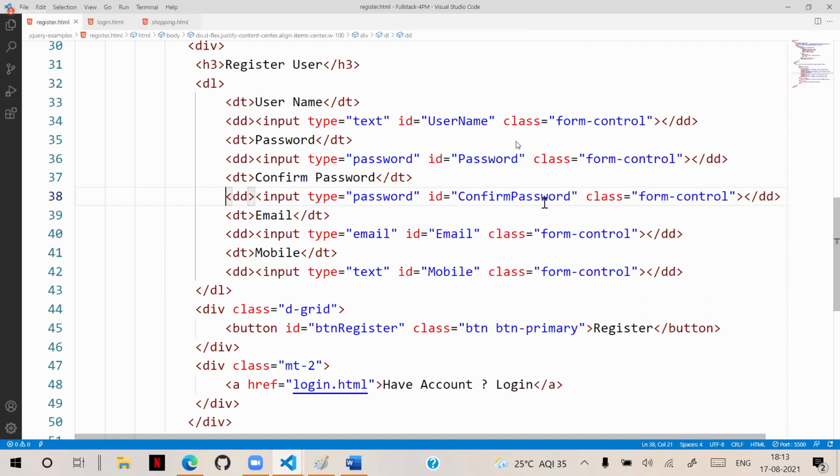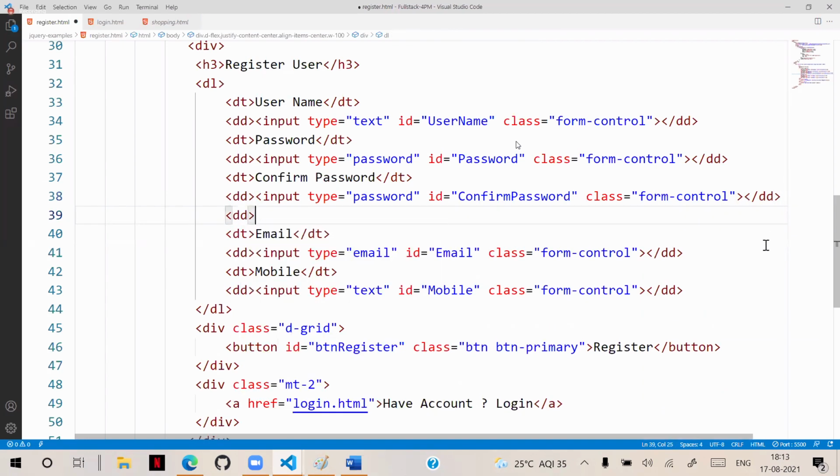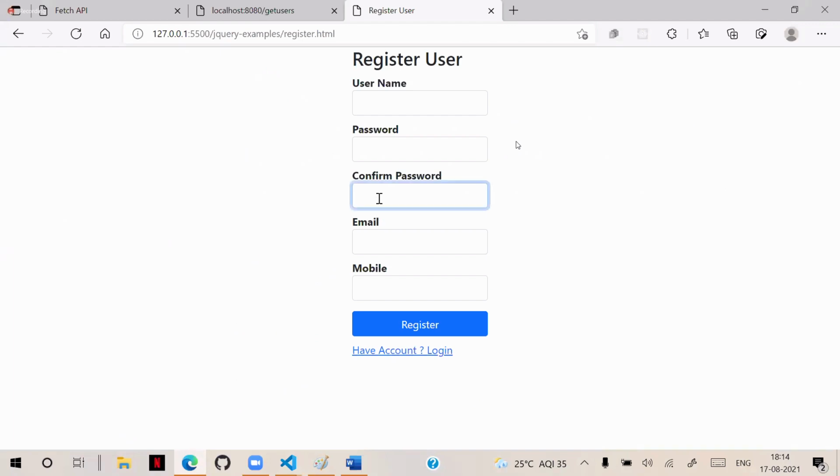Now here we are defining another data definition, with ID as LBL confirm. Okay. Now we actually added one more extra field, confirm password. When the user enters this confirm password, it should match with the password they entered.